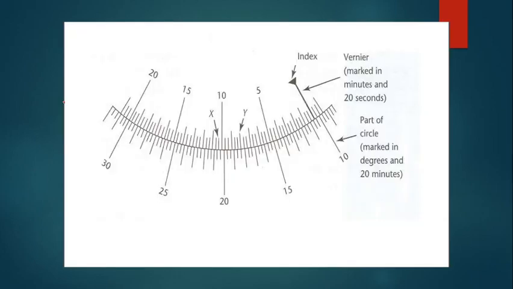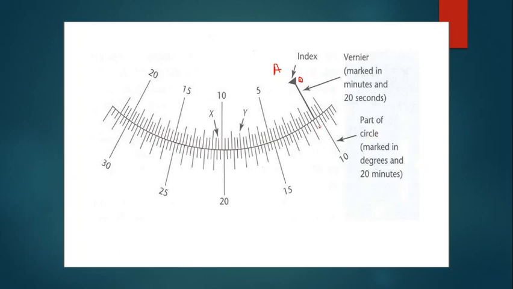Let us first recall how to take readings. Let us say this is vernier A. On vernier A, this is my main scale, and for this particular image, what is my reading? We are quickly going to get the reading, and then we'll continue with the discussion. This is the zero mark or index mark of vernier A, and the lower one is the main scale, and index A 0 is pointing between 10 degrees 20 minutes and 10 degrees 40 minutes.